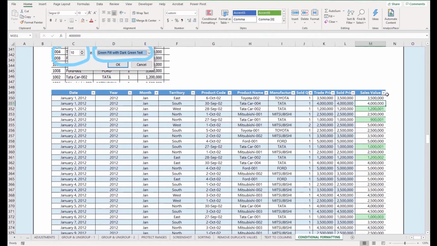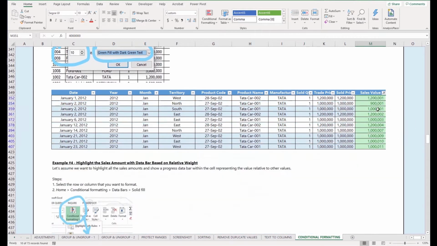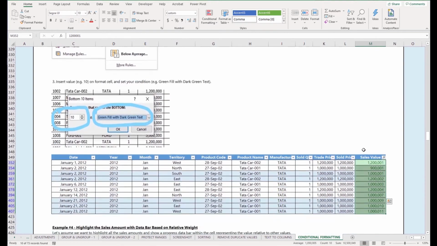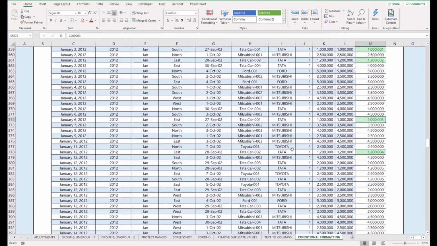So if I now filter by color, how many values do I get here? I get only 10 items in the table. And the reason why it's only 10 items is because they're all unique, and Excel is able to easily identify the bottom 10 amounts. I'm going to clear the filters here, and let's move on to the next conditional formatting example, example number